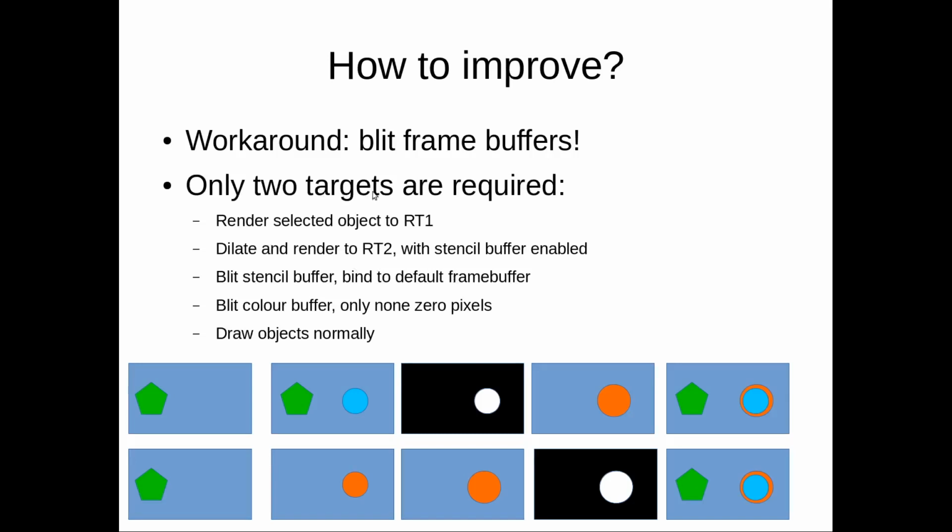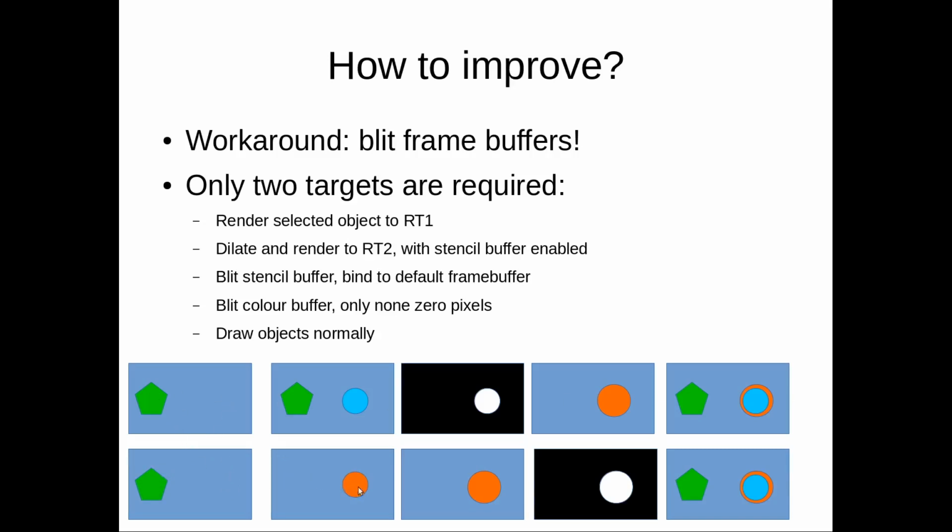And only 2 render targets are required. Let's look at the diagrams below. The first row is the user approach, and the second row is the simplified version I propose here. First, we render other objects, like this star. Then, compared to the first row,